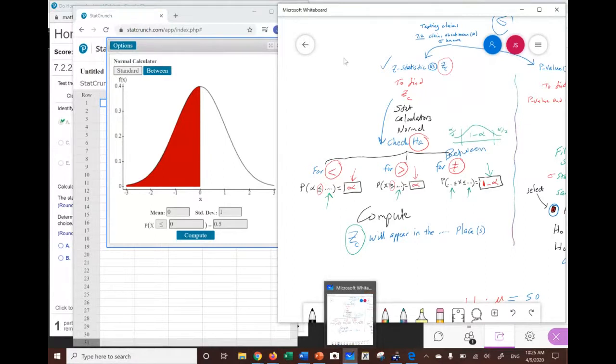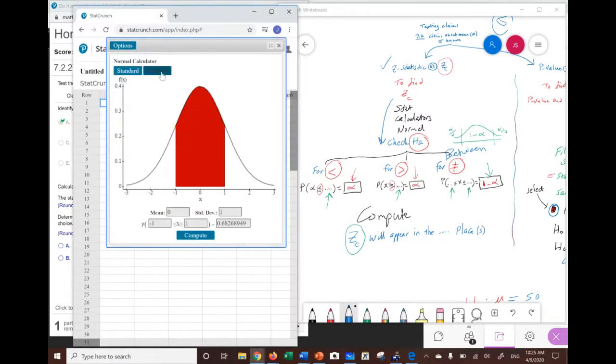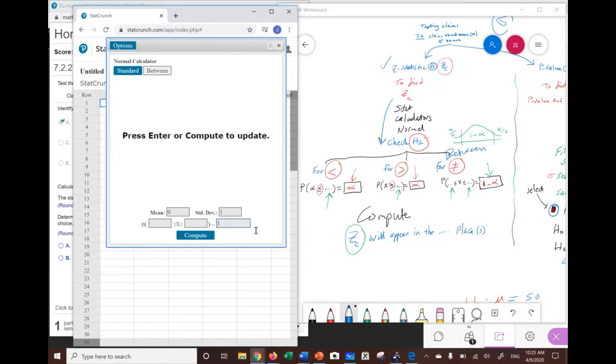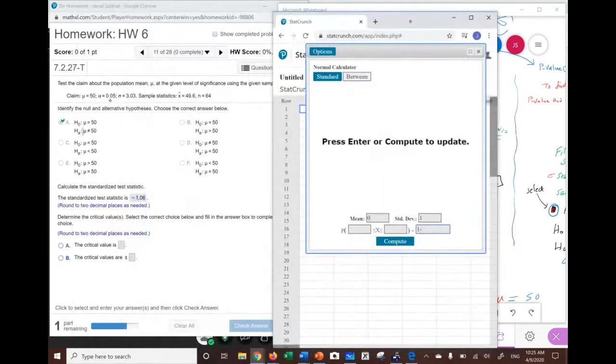So when you choose between, then after that, you're going to go to the last box, delete what's in there, and put 1 minus alpha. What is alpha in our problem? Alpha in our problem is 0.05. Here is alpha. So just put 0.05